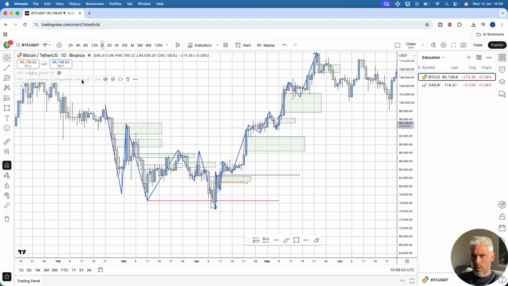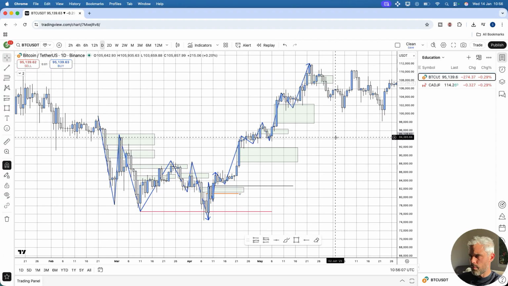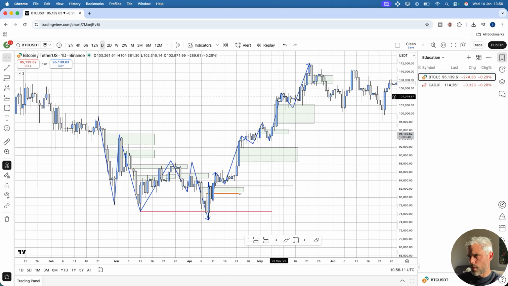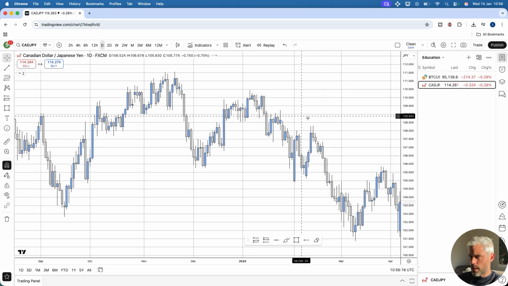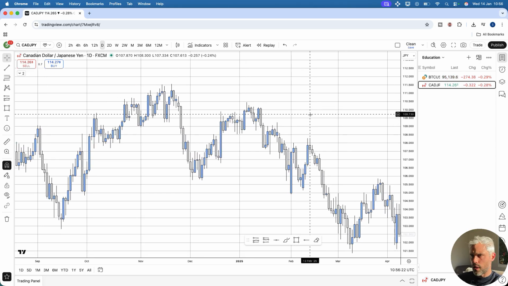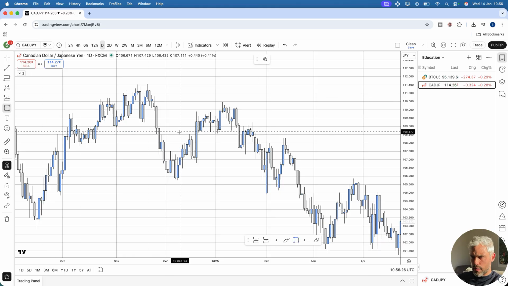Okay, so this is the first concept, and hopefully that's starting to make sense. We're going to spend a lot more time in additional videos looking at trading this internal range liquidity. But to stay on track right here, I want to do the exact same thing with CADJPY, looking at order flow again. So if we just take the exact same premise,